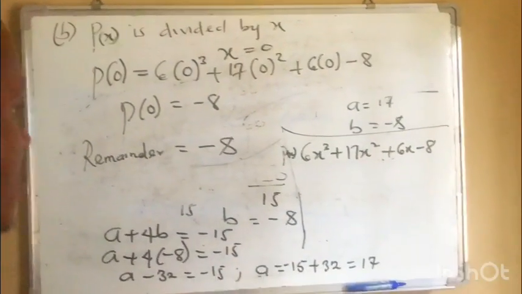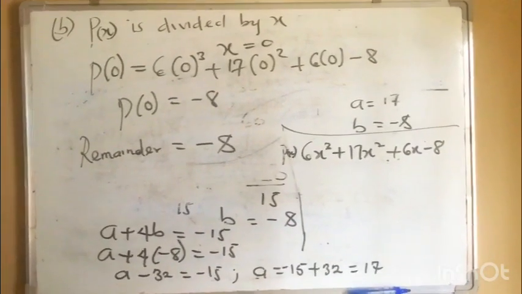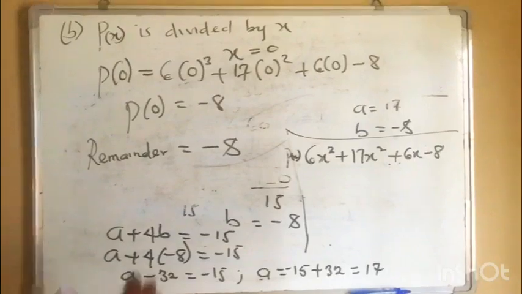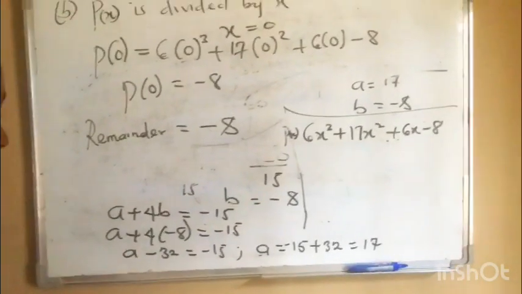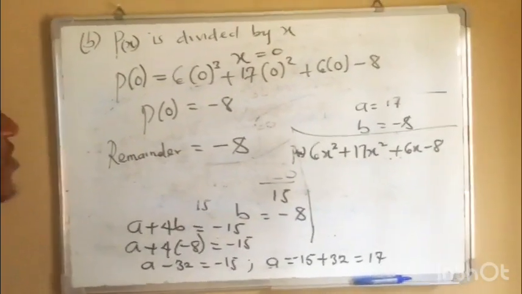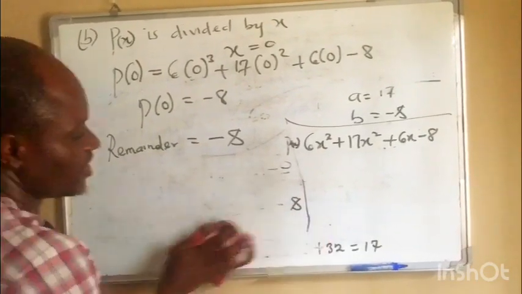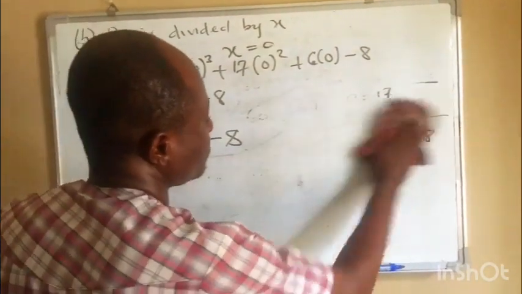That was the first example in this topic. The remainder is minus 8. Now the second example that looks like this is